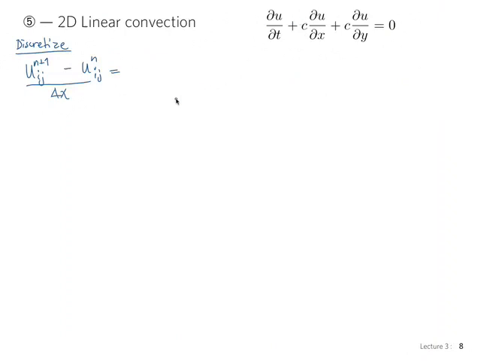So let me just write it in the same form as the equation, plus c, and we have du dx. So at the time n, we only change the first index, so let's use,